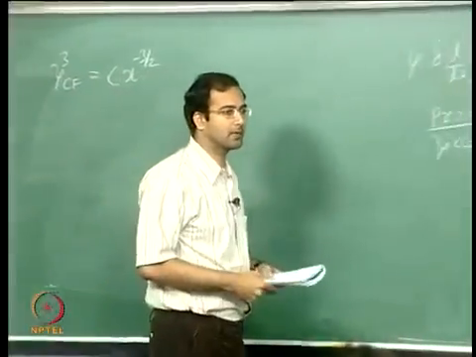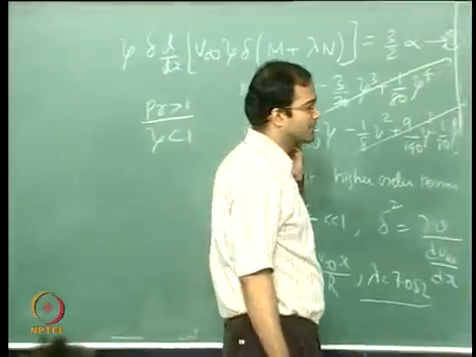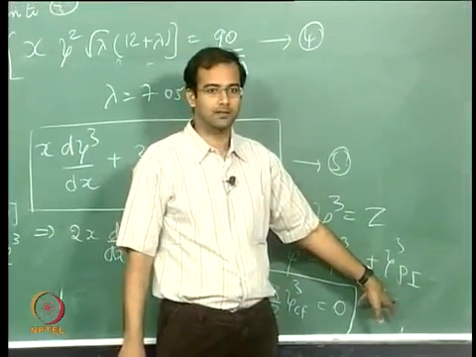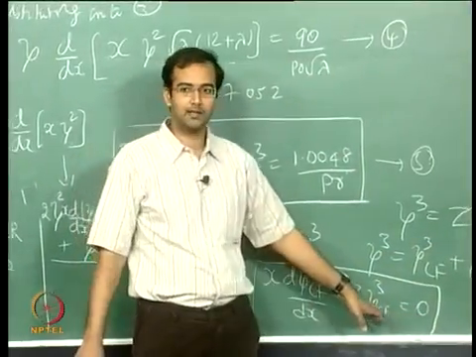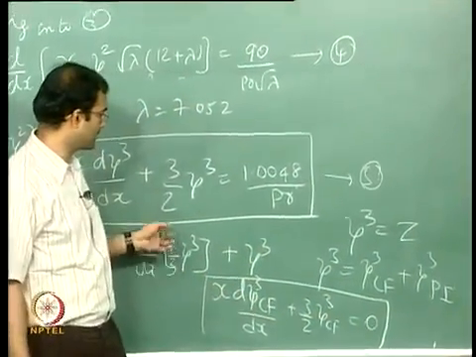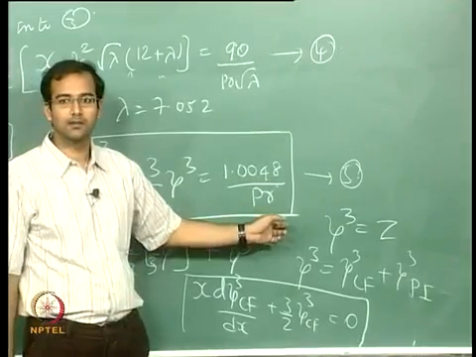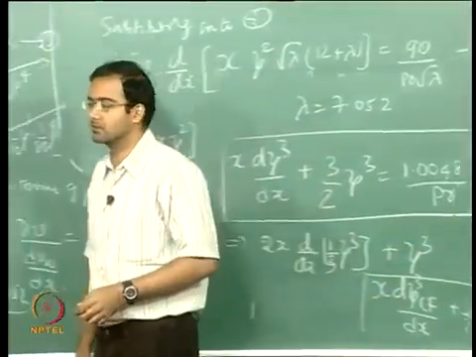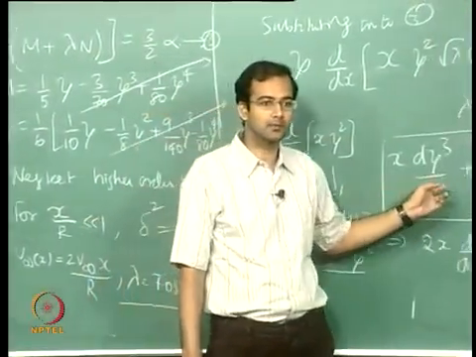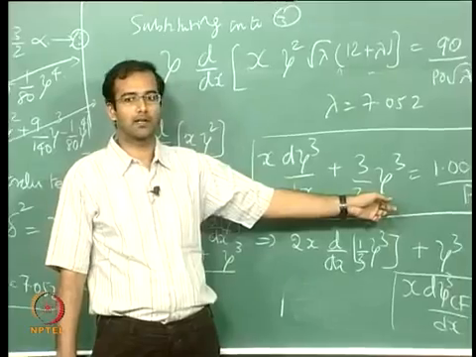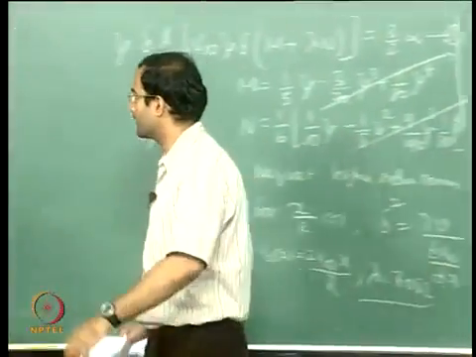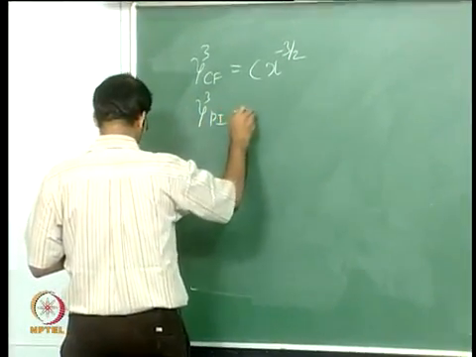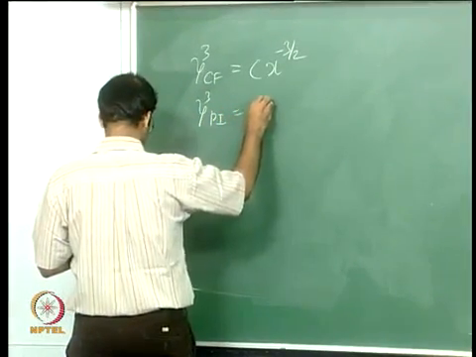So now how do you find the particular integral? You say that this is some z complementary function plus z particular integral, and you substitute that into the original equation, which is this. From there you already know the solution for the complementary function, so then you calculate what your particular integral solution is from there. If you do that, you will get that your particular integral will be a constant basically,